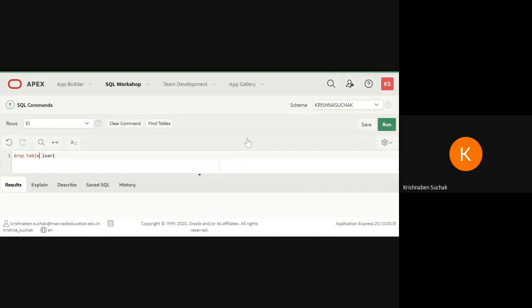Okay, here it is shown table dropped. Now let us see in find tables whether my loan1 table is there or not. No, it is not there. Loan1 table is dropped. Okay, that means it is deleted. Okay, we have completed part 1 and part 2 of practical second till now. Now we will move to part 3.